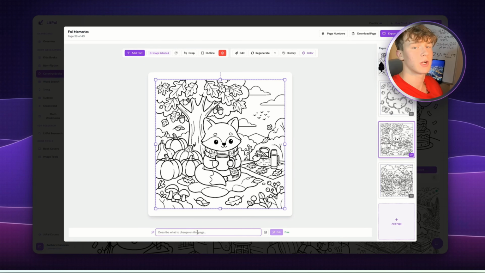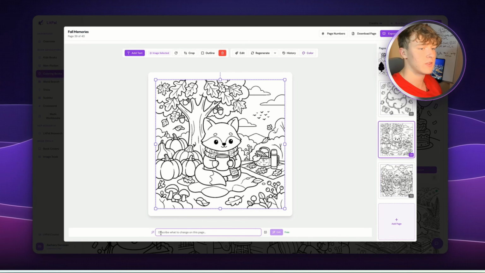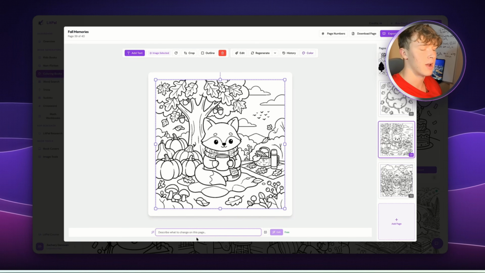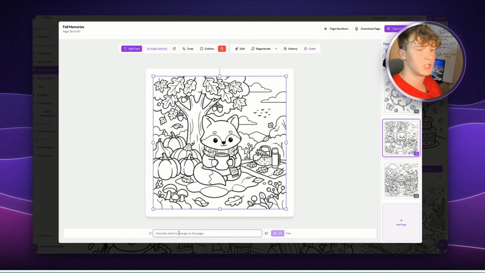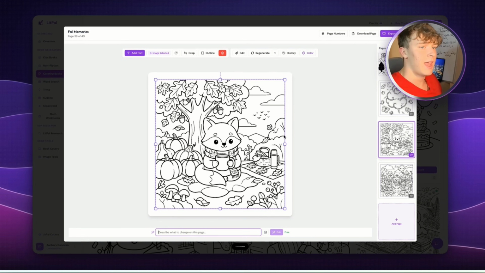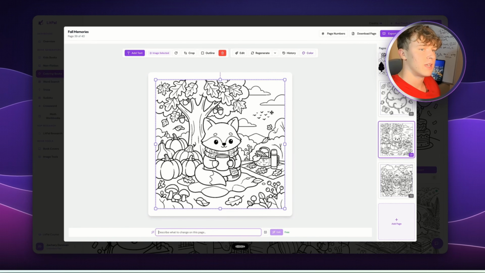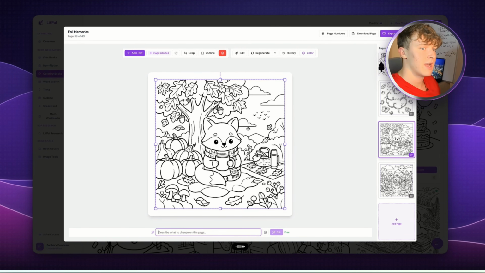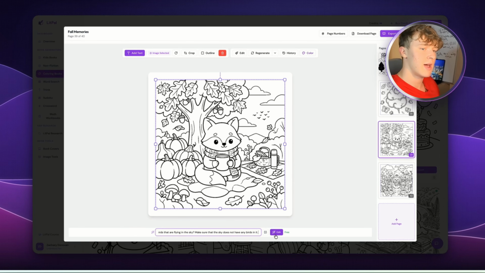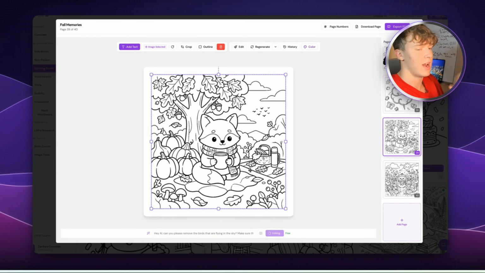All you have to do to edit your coloring book page is very simple. You just have to come down here to the little prompt bar on the bottom, and you can just make little suggestions and prompts to change the image. Hey AI, can you please remove the birds that are flying in the sky? Make sure that the sky does not have any birds in them. Then I'll just go ahead and click the little edit button right here and it'll do the edit for me